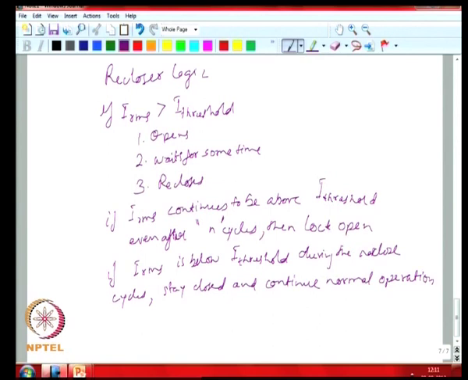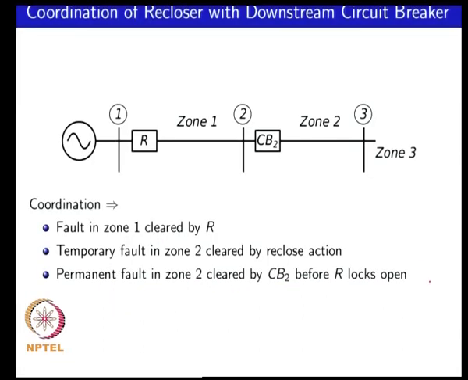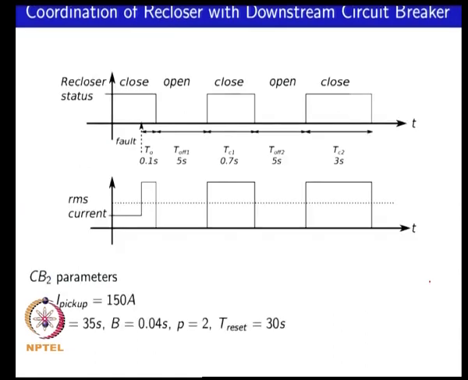So, with this logic, we will make use of the same data for say zone 1 and zone 2, and look at an example of what can be done when you have an upstream recloser and a downstream circuit breaker. Okay. So, we will look at the example where say the recloser, if you say you have a fault happening at